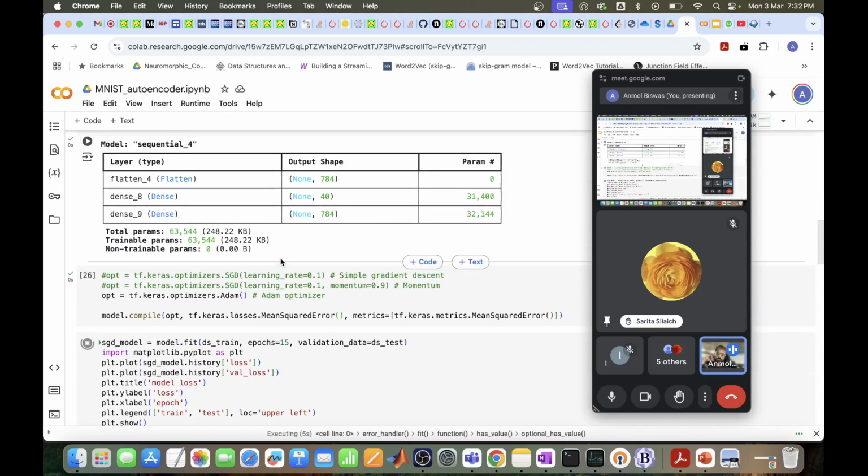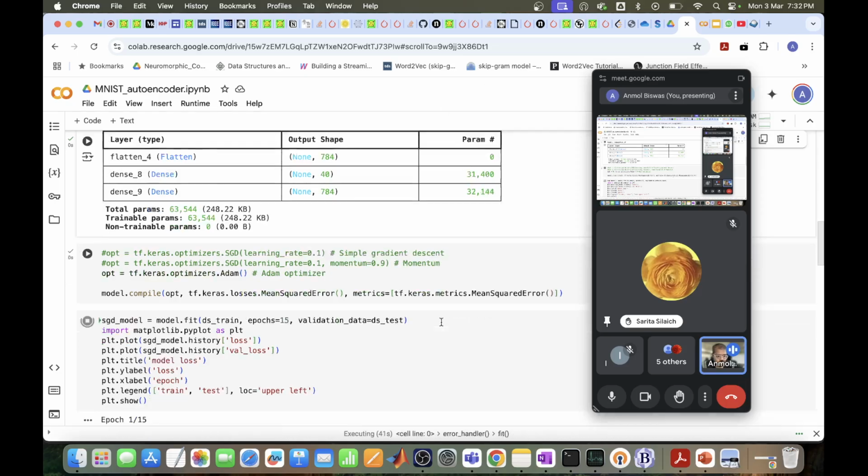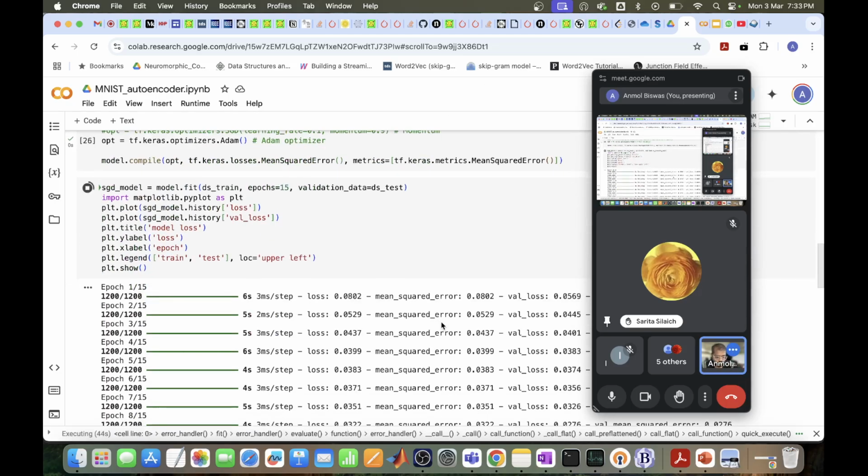So the basic thing is that previous examples, when we were doing it with 10, 20, 30 hidden neurons in between, that was too small, right? So there was simply not sufficient model capacity to capture the features that you wanted to represent. With 40 neurons in the hidden layer, we now have sufficient model capacity to capture the features that you wanted to capture. And because of that, it is now able to do this autoencoding